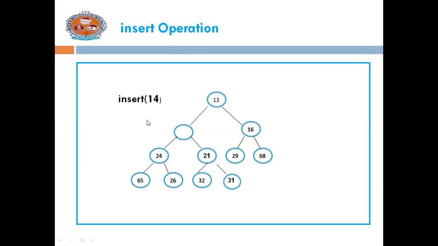Next 14 is compared with the value 13. Here 14 is greater than 13, so the correct location of 14 is this hole. Place 14 here, then the insert operation is complete. So moving the hole towards the root is repeatedly performed until the correct location of the new element is found. This is how the insert operation is performed.